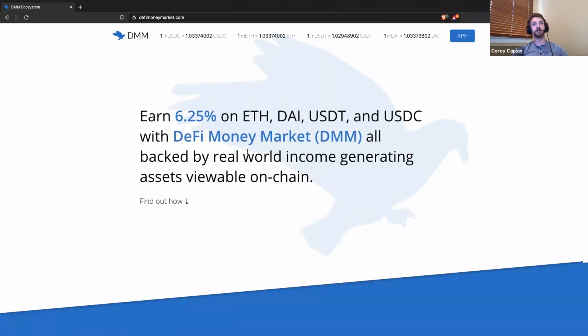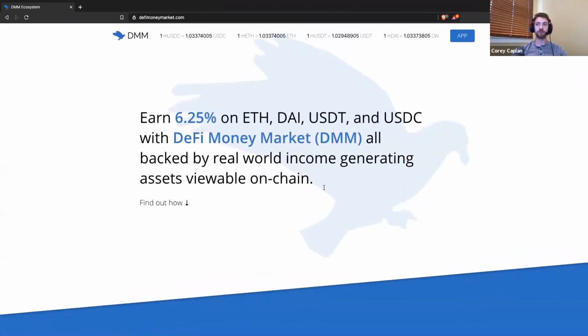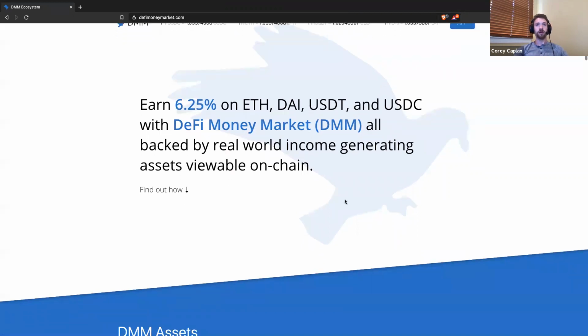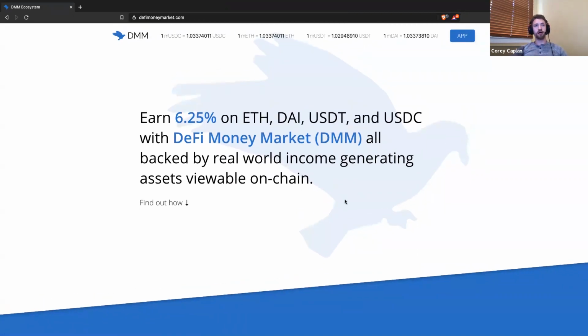Before I get into the M tokens, it probably makes more sense to go through more of an abstract run-through of it. So taking a step back, DMM is all about providing stable interest on on-chain deposits. Just like any other on-chain money market, the difference is just how we generate that interest. If you're familiar with Compound at all, from a technical perspective it's essentially the same thing, except instead of on-chain borrowers fueling the interest payments, it's off-chain contractual engagements that get sent on-chain in the form